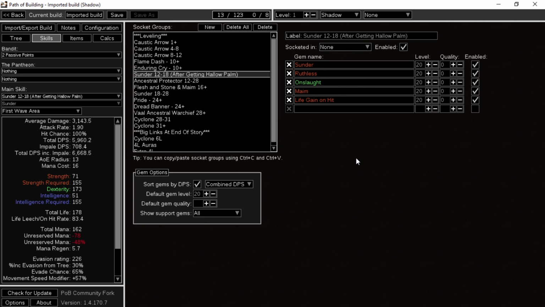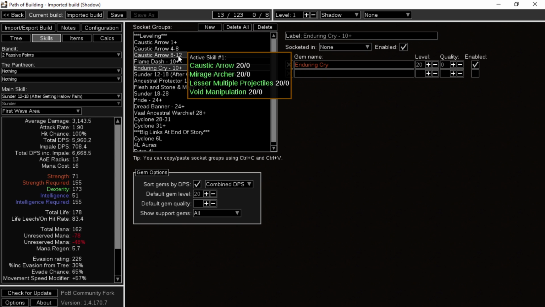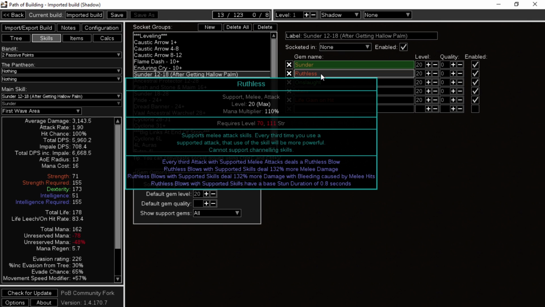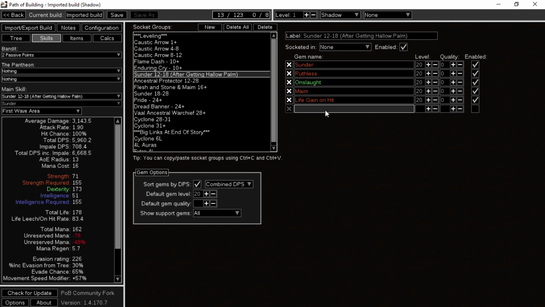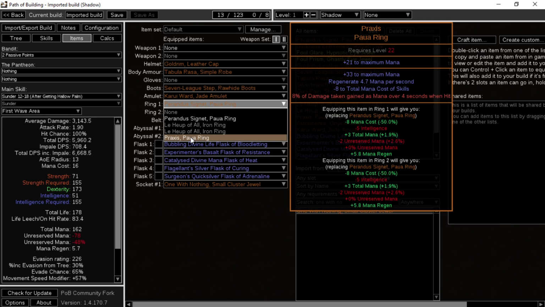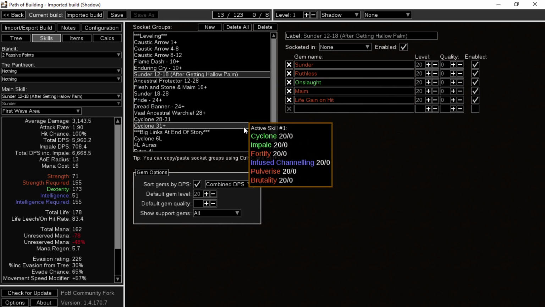So at level 12 to 18, we added Flame Dash at 10 and Enduring Cry at 10. These are just when you get them, and you use them for the rest of the game. 12 to 18 after getting the Hollow Palm, so make sure you have your Hollow Palm technique acquired. You start using Sunder, and on Sunder I put Ruthless, Onslaught, Maim, Life Gain on hit. You can use anything you want, really, like any extra thing that doesn't make it cost too much. You're using quality of life rings anyways, so you should be fine. You can switch to a Praxis at 22 and you'll never have mana problems again, but for now that's our